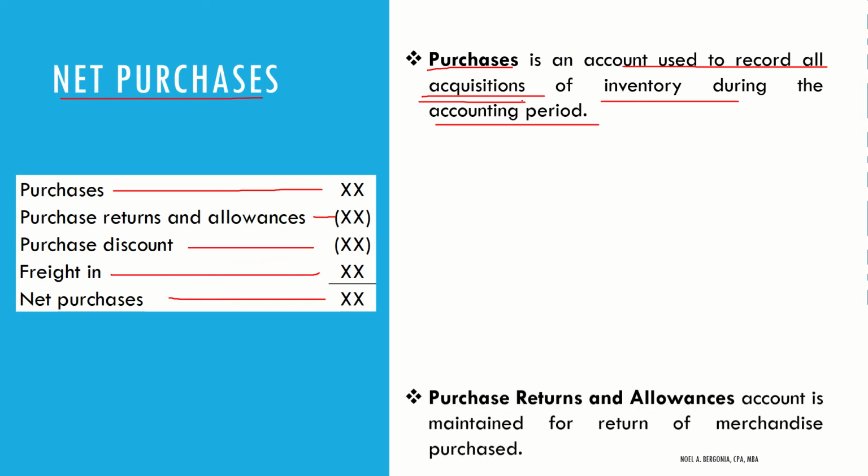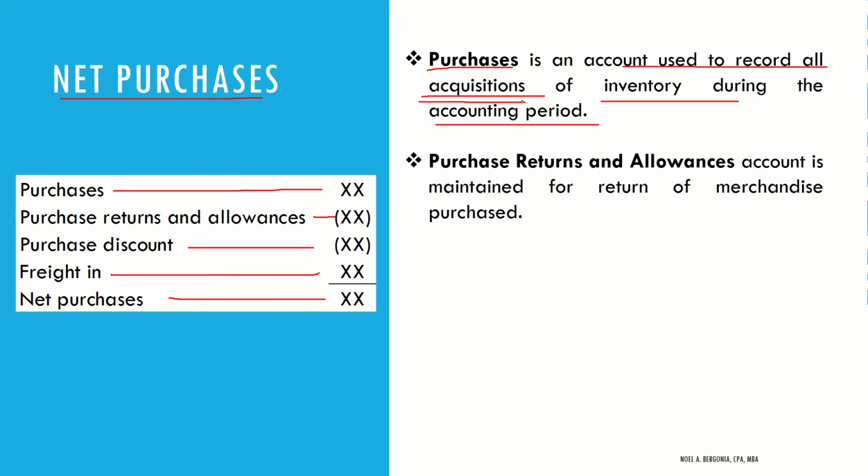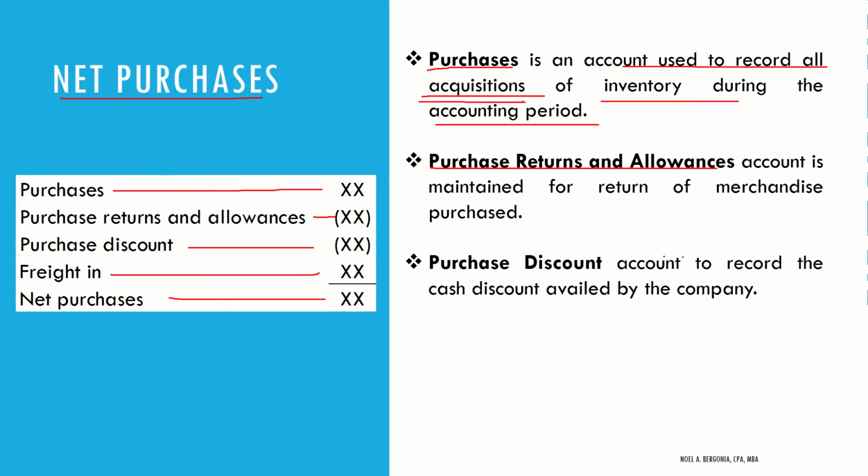Samantalang yung purchase returns and allowances, 'di ba, kagaya kanina nabanggit ko in the seller part, that customer could be able to return their product being bought. If the customer, as the buyer, dito kasi buyer tayo sa purchases part, if we, the buyer, return the merchandise, then we will be recording under periodic inventory system the purchase returns and allowances. Then, kapag nakapag-avail naman tayo ng cash discount, kanina inintroduce ko na rin po itong title na to, on the perspective of being a buyer, then we will have purchase discount representing our cash discount.